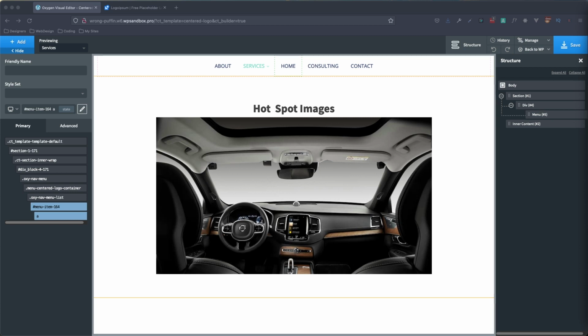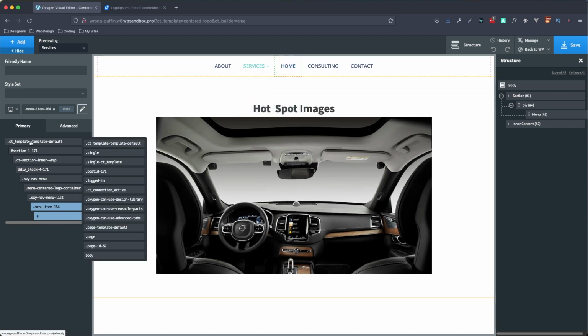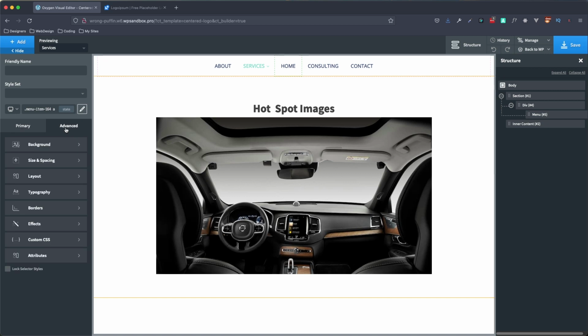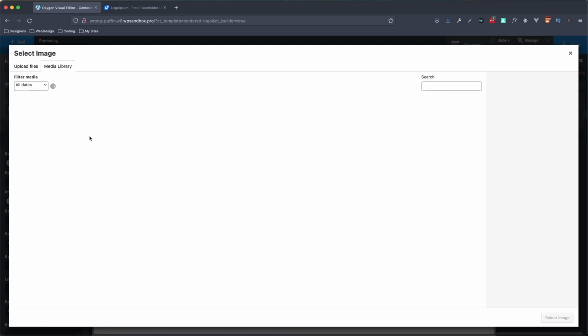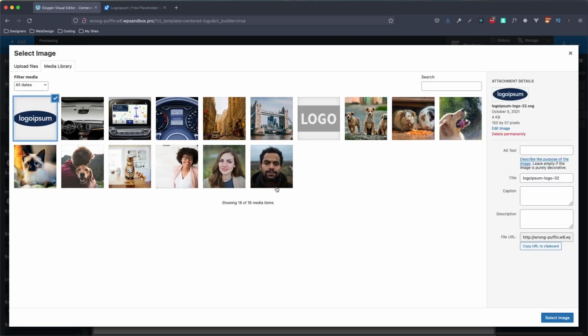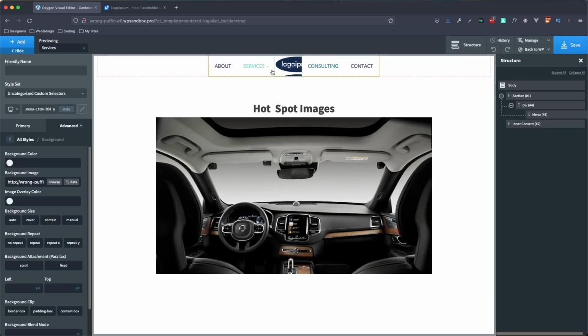Give me 1 second here. And you can either choose the ID or the class. We'll just go with the class for the sake of this video. So we have it set up to only select our class and the A of our home. So from there, we're going to go to our advanced, and we're going to set our background image. So as I mentioned earlier, I have a logo already in here, and I'm just going to add that in. And you can see it looks a little goofy here. So first thing we're going to do is play with